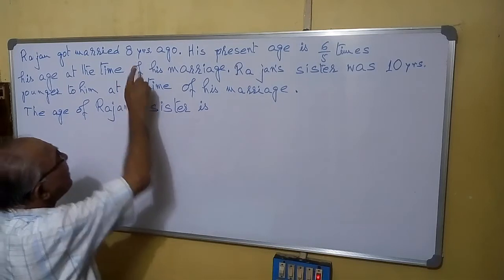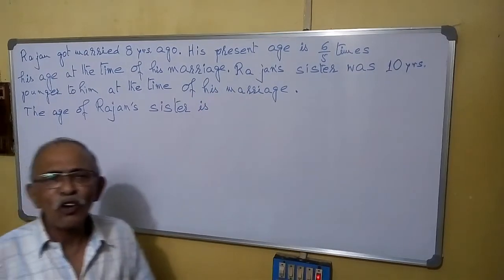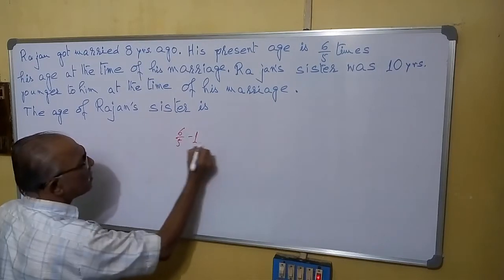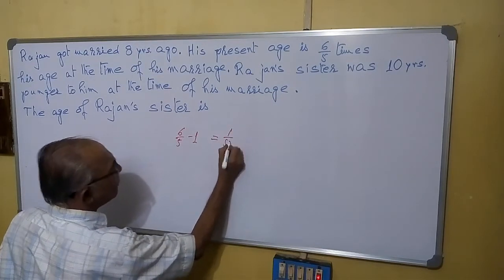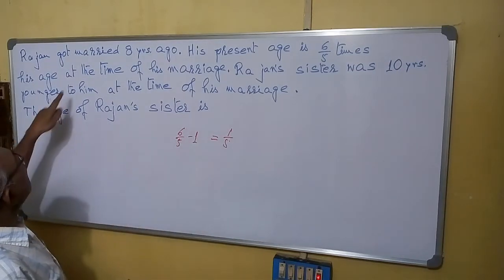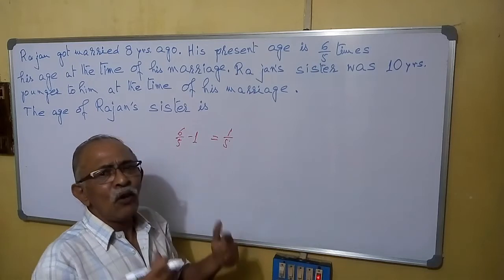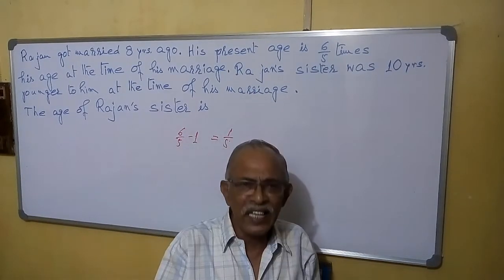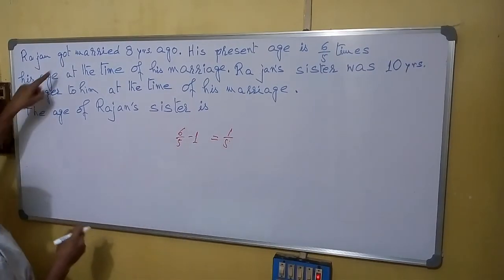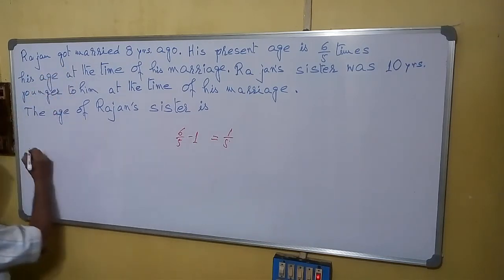So after 8 years, his age becomes 6 by 5 times. So how much is it increased? 6 by 5 minus 1, you can do it mentally, equals 1 by 5. So 1 by 5 times his age increased in 8 years. So 1 by 5 times of his age during marriage is 8 years. 1 by 5 times. So his age was